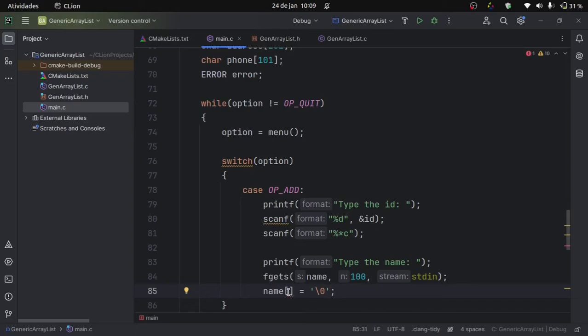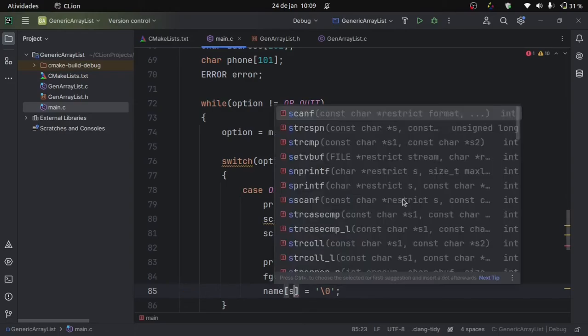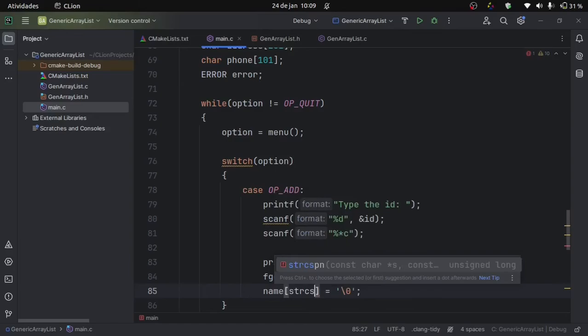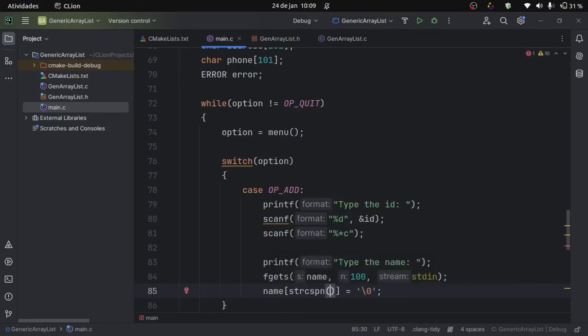I will use a function here, strcspn, that has two parameters. The first one is the variable that I want to search, so it's the name variable,